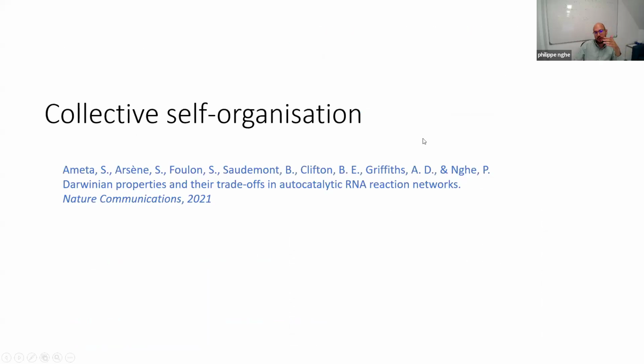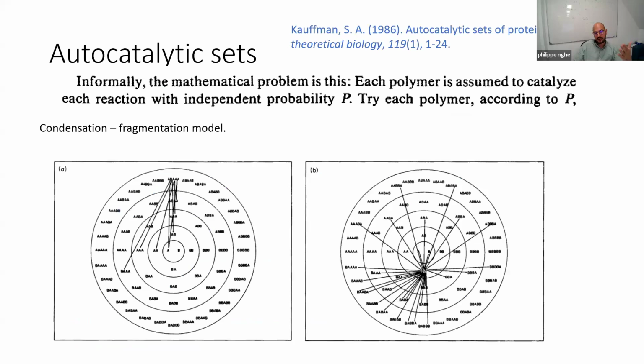Now we looked at template-based replication, but I showed you this more gradual idea of prebiotic evolution. And there are systems, first, theoretically, of autocatalytic sets, where you have a set of molecules that help to make each member of the set at some point. I'm not going to comment on those diagrams, but the idea is that if A helps making B, and B helps making C, and C helps making A, you close the loop, and at some point,